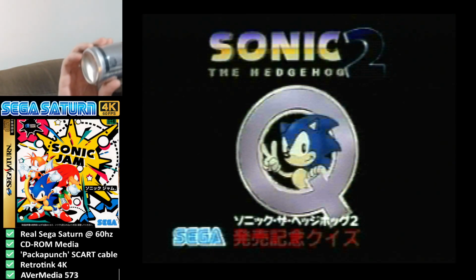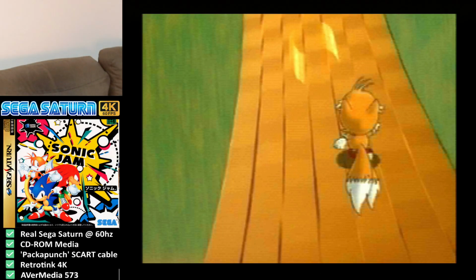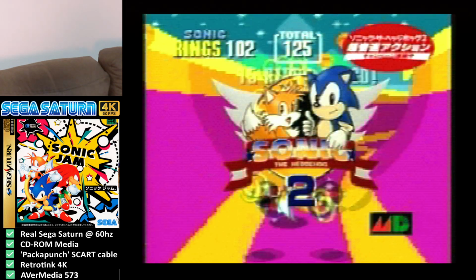Sonic 2クイズ。問題です。ソニックのそばを駆け抜けていったのは誰でしょう。答えはお近くのお店にあるよ。ソニック・ザ・ヘッジホッグ2メガドライブから。